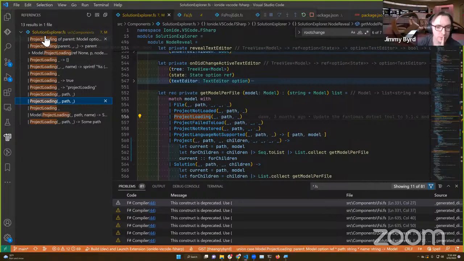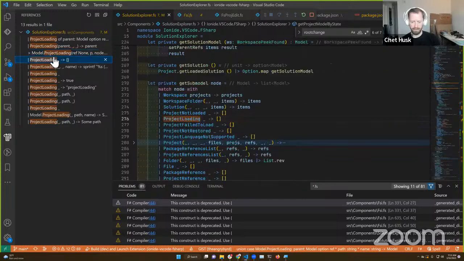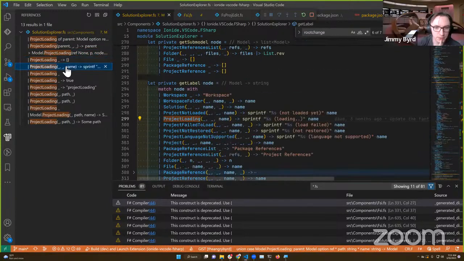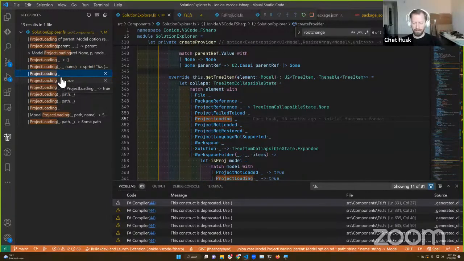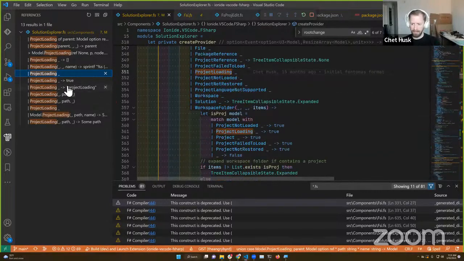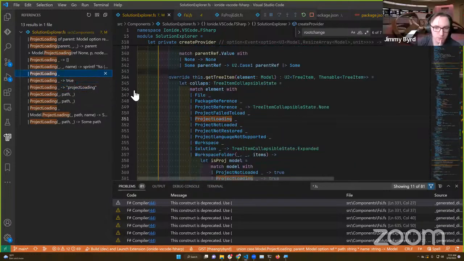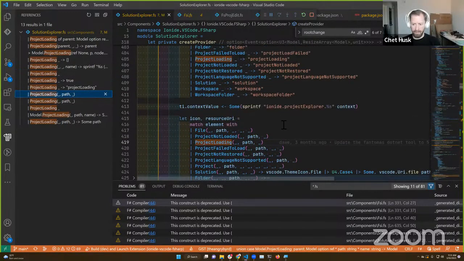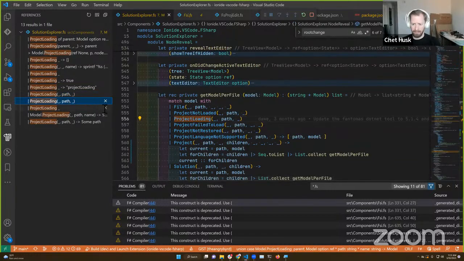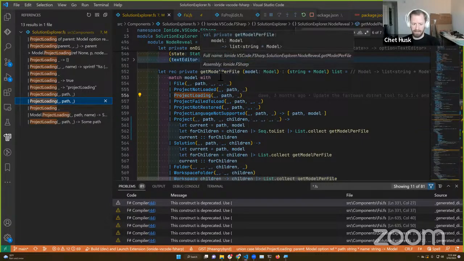Quite a bit of places where we handle project loading. So the first one is step definition. State get submodel, don't care. Get label, that's just for showing. Just helper functions. We probably should make those tree item properties on the thing. Is it collapsible? I don't know. These are all just view helpers. None of them are actual loading. Get model per file might be interesting. When is that used?